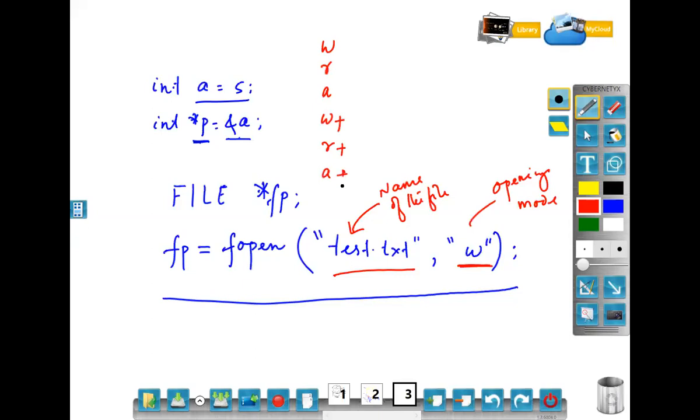The first 3 are the basics, W, R and A. However, besides that, W plus, R plus and A plus are the 3 different modes that are also being used for opening a file. Mind it carefully, remember it carefully, what is the use of these different modes. The W mode says that if a file is opened in W mode, the file is created